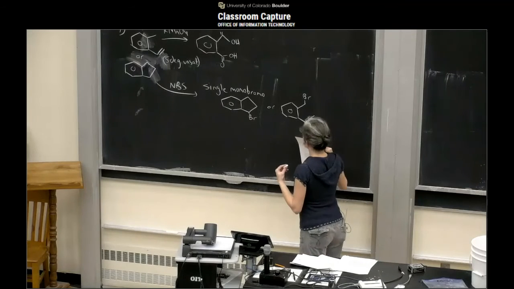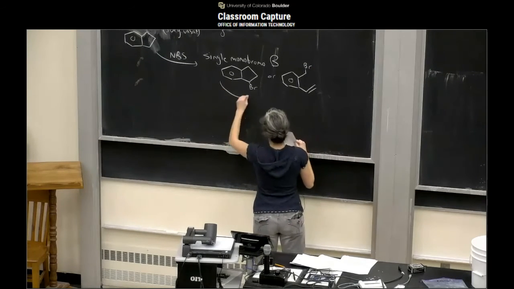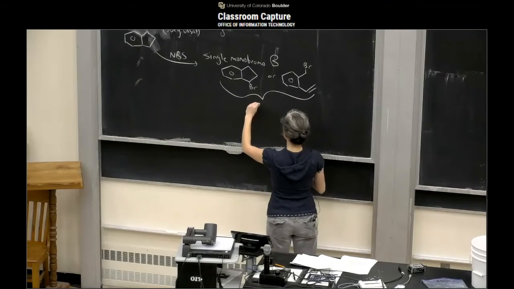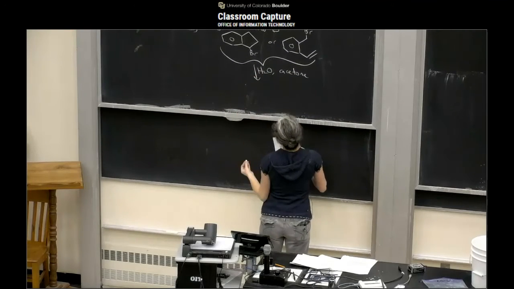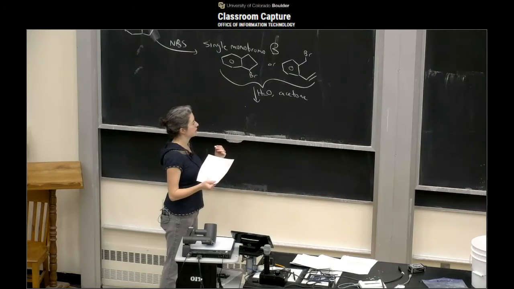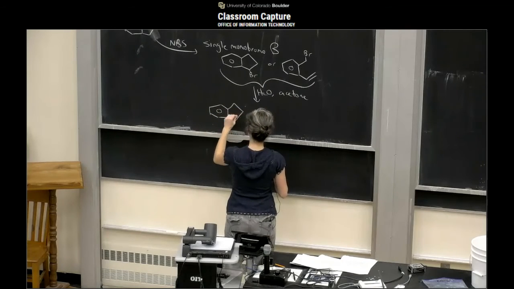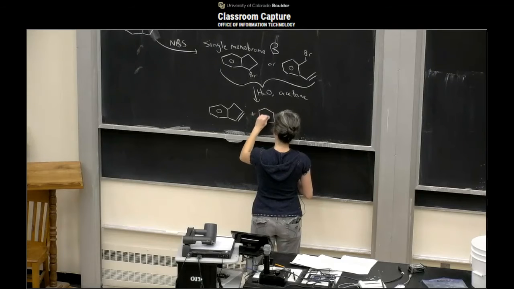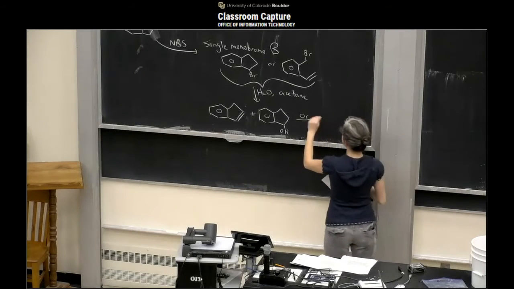When B is dissolved in aqueous acetone, it reacts to give two non-isomeric compounds, C and D. Okay, so catalytic hydrogenation of D gives back A. Okay, so we take whichever one of these we happen to have, react it with water and acetone, and if we're doing it to here, we got a secondary alkyl halide, weak base, poor nucleophile, probably going to be like an SN1/E1 mix. So either this alkene plus this alcohol, or if it turns out that we actually have the second one, we're going to get